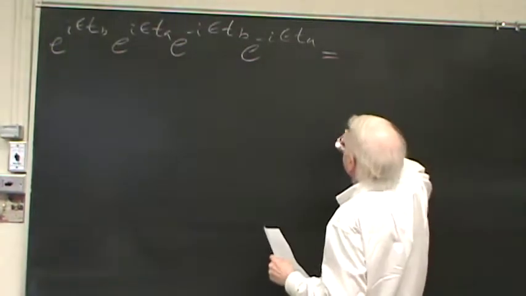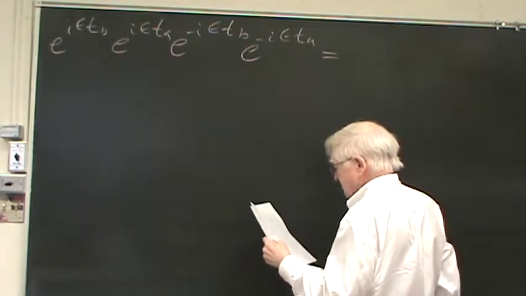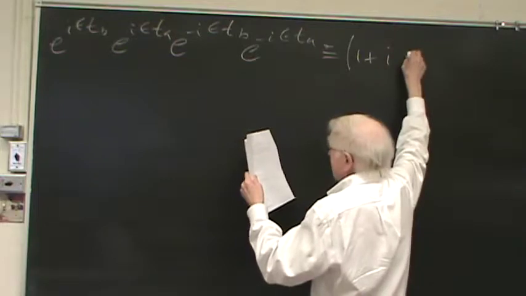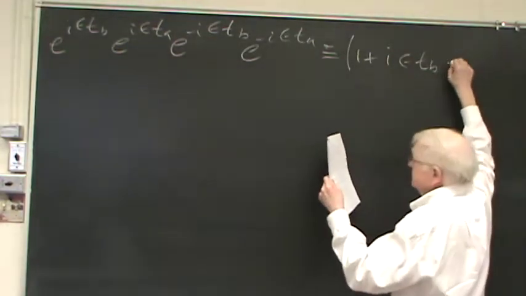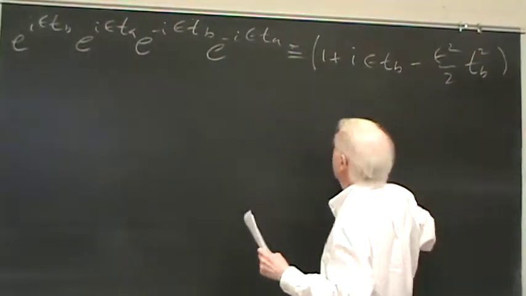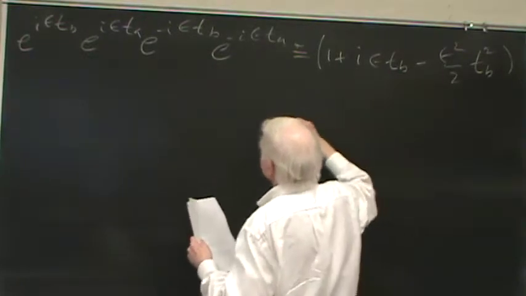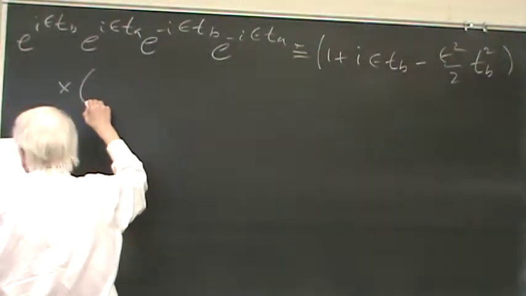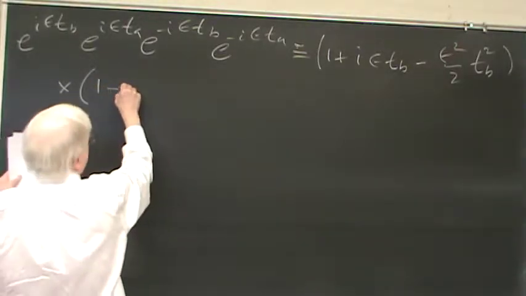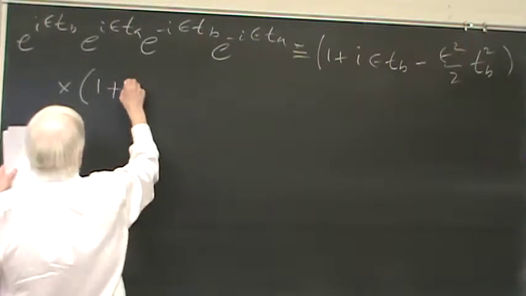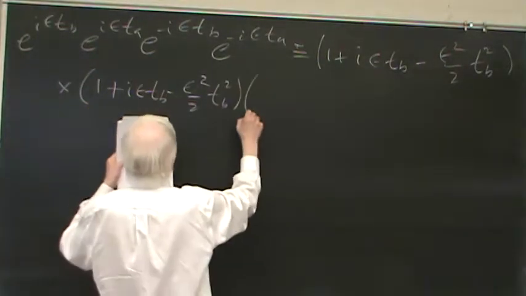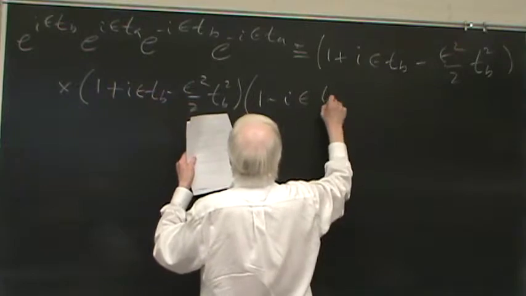This then, if you multiply it out, I should have made this a homework problem, but it's approximately 1 plus i epsilon T_B minus epsilon squared over 2 T_B squared, and then it's times all these other things, so I would have to write it this way, times 1 plus i epsilon T_B minus epsilon squared over 2 T_B squared, 1 minus i epsilon T,